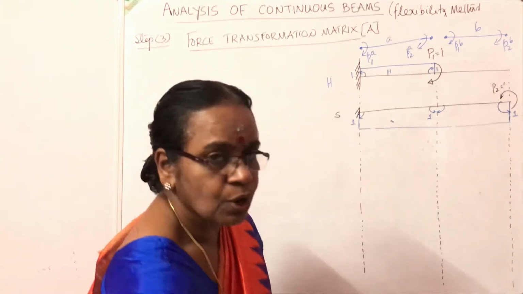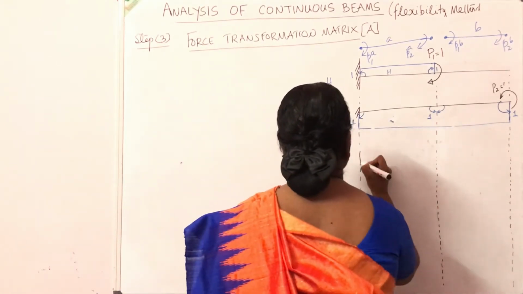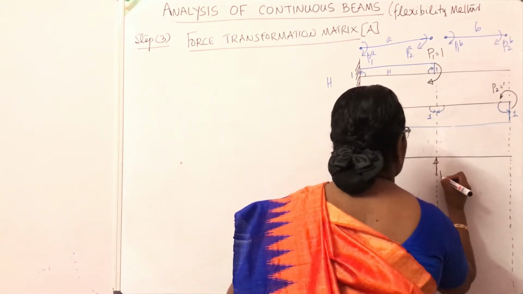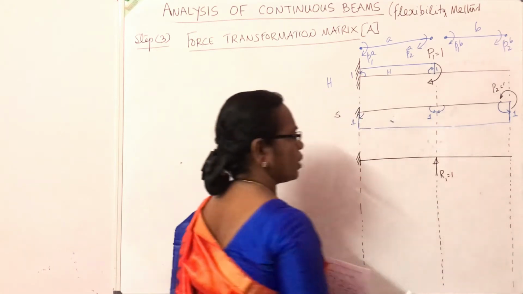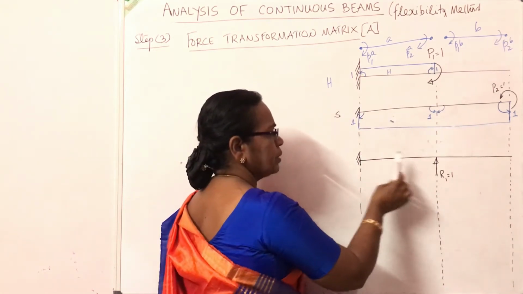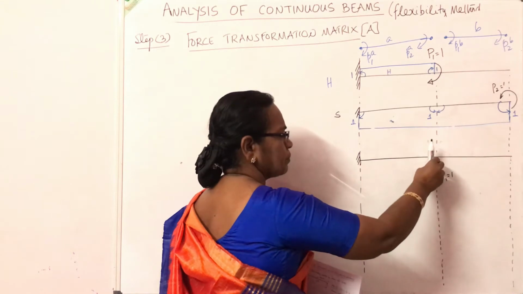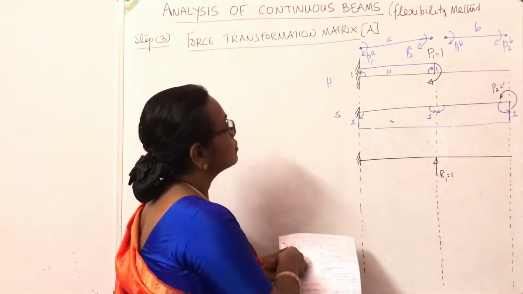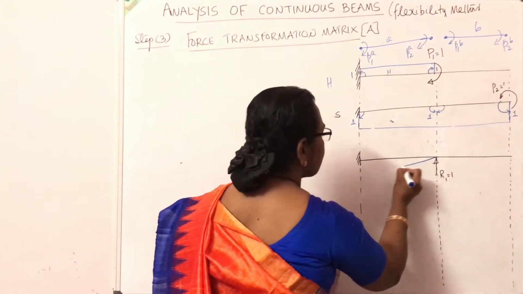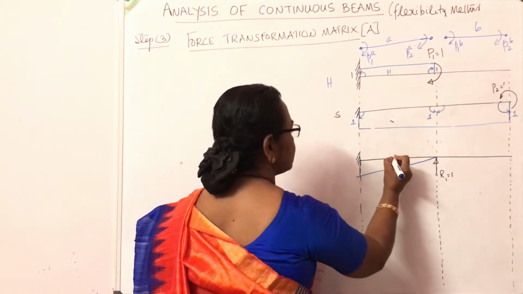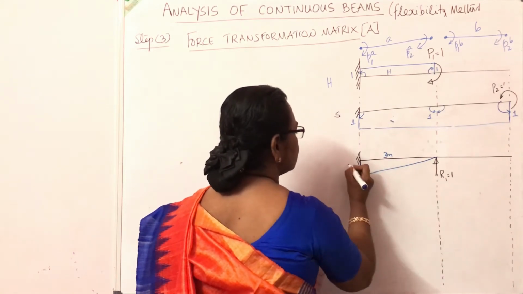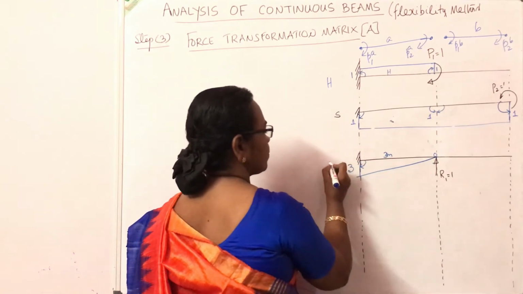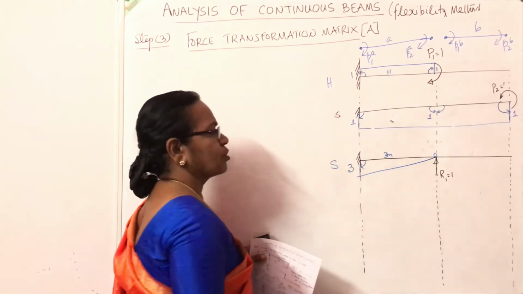Now next we have to draw R1 equal to 1. This is subjected to a unit reaction at this point, with R1 equal to 1. With reference to this point, if we take moments, here it is 0, and the moment here comes down. This produces a sagging moment. This span is 3 meters, so it is 1 into 3, which is 3. The moment here is 0, and the moment here is sagging, clockwise.